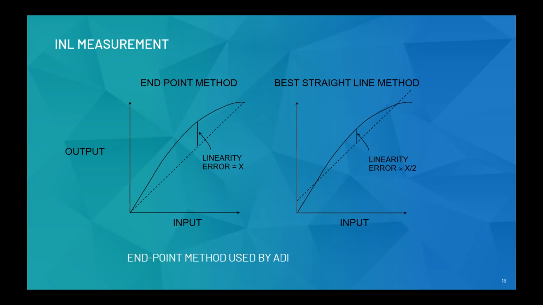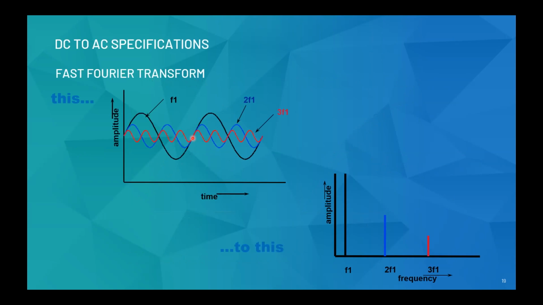Okay, now we'll move to AC specifications. Like I mentioned, AC are mostly frequency domain parameters. So a time domain signal needs to be translated to a frequency domain signal, which is done by the fast Fourier transform that we see over here. A time domain signal would look like a varying sinusoidal wave. Say we have 3 different frequencies as shown here, when we take an FFT and try to observe this, you could see that